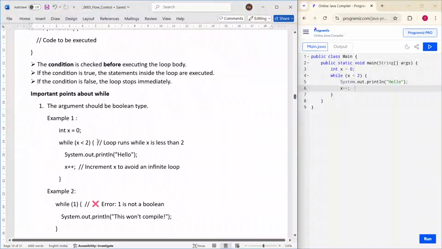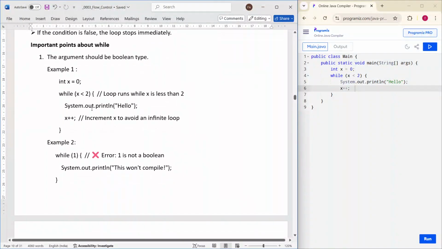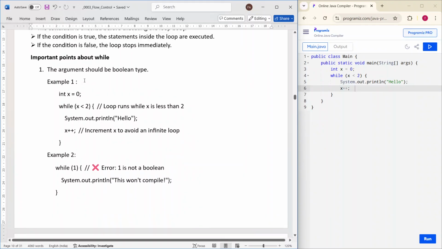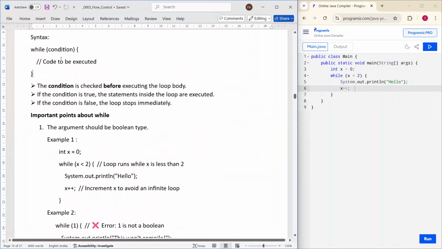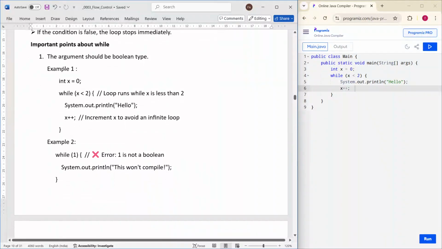Important points about while. First point, the argument should be Boolean type. Here the argument means the condition. The condition should always be Boolean type. For example, int x = 0; while (x < 2) { System.out.println("hello"); increasing the value of x. }